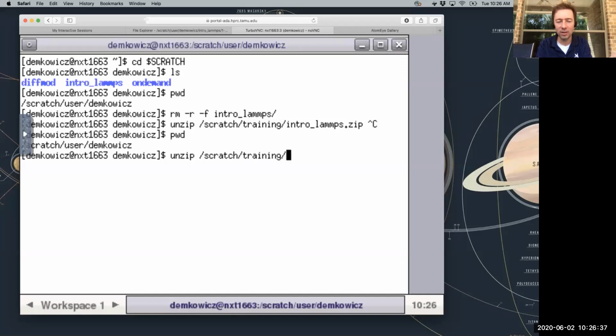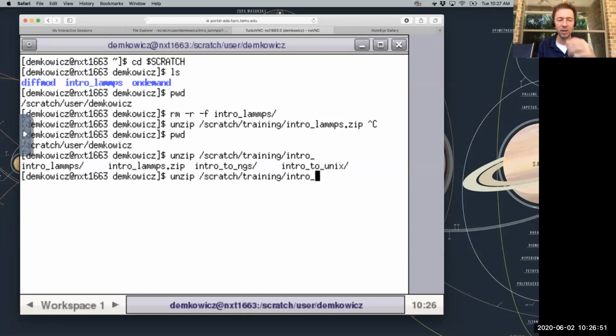So I just typed TR and pressed tab, right? And that auto-completed the training directory. Intro, when I press tab, doesn't auto-complete all the way because presumably there are other things there that begin with intro that are not lamps. If I press tab a few times, it should show me what they are. There it is. We have intro_lamps, the unzipped version of intro_lamps.zip, and we have intro to NGS and then intro to Unix, other intro courses that HPRC runs.